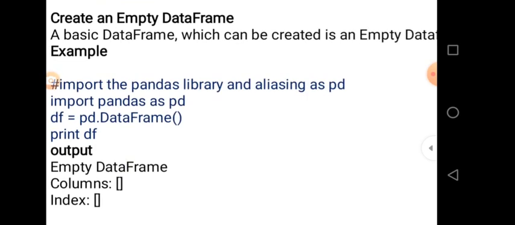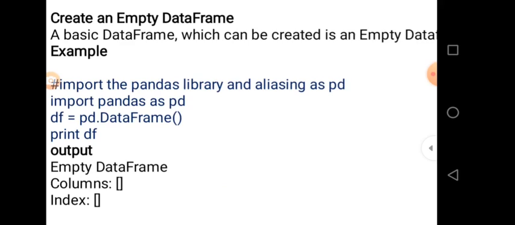Again, pd is the alternative name of the Python library pandas. Import and as are keywords. So whenever we want to use pandas, we just write pd in place of pandas, and after that the dot operator, and when we want to use any function related to the pandas library, we write it after that. For example, if you want to create a data frame, just write pd dot DataFrame, because DataFrame is a constructor or function that belongs to Python pandas. So the second line is pd dot DataFrame assigned to a variable df.